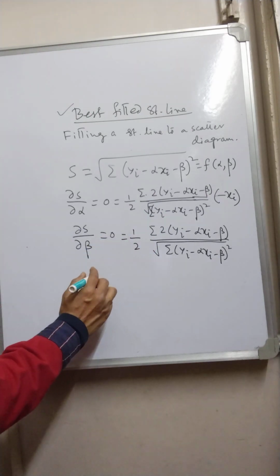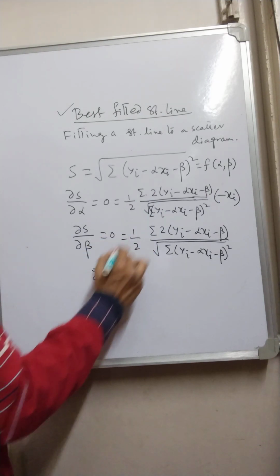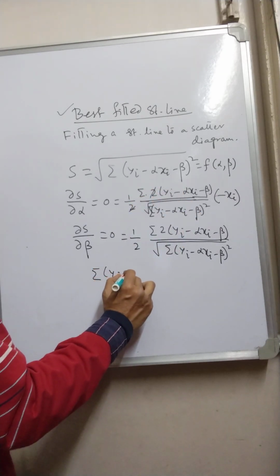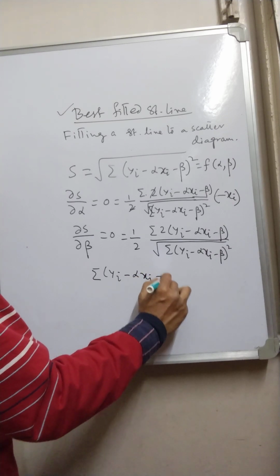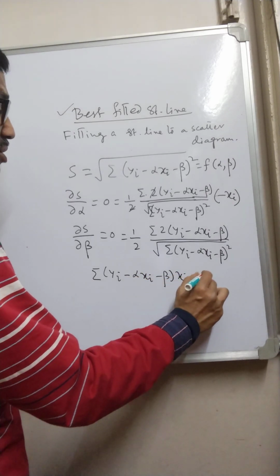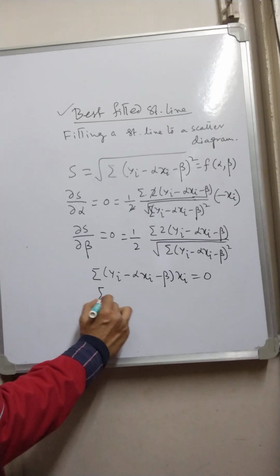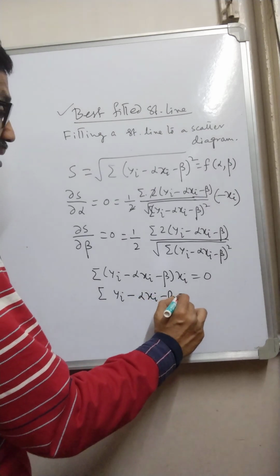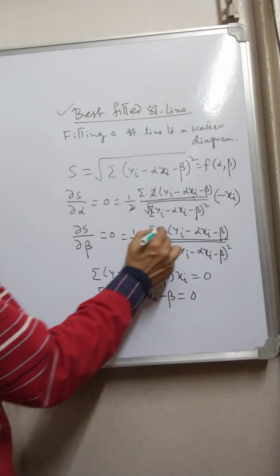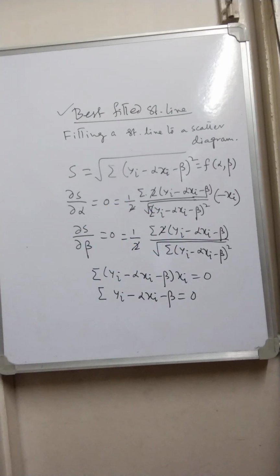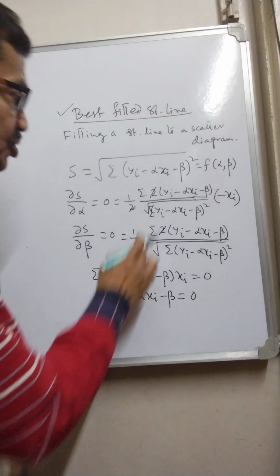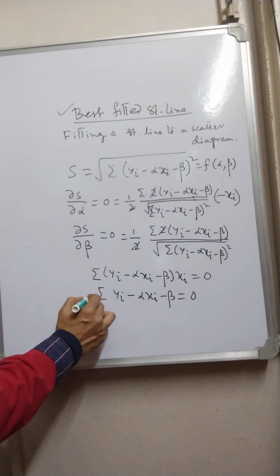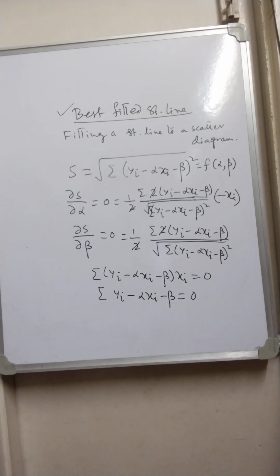Okay, and these two actually turn out to be summation, we cancel these two and it is yi minus alpha xi minus beta into xi equal to 0, and this gives us summation yi minus alpha xi minus beta equal to 0, because these two again cancel out and this 0 is in the denominator. So we should equate the numerator only to 0, and from these two we get